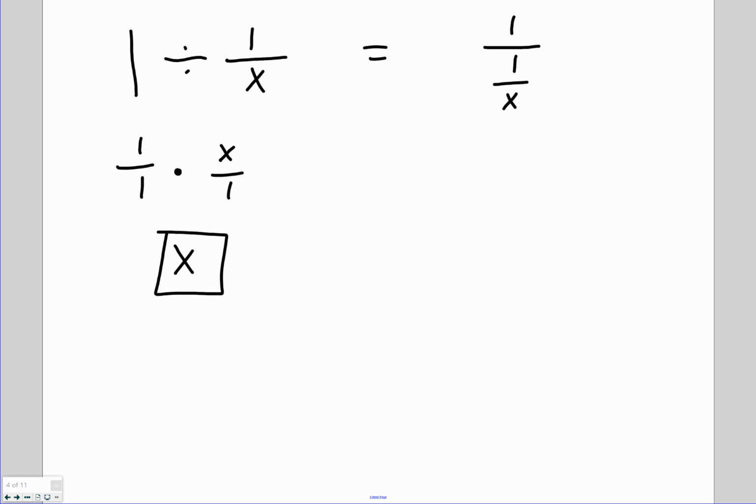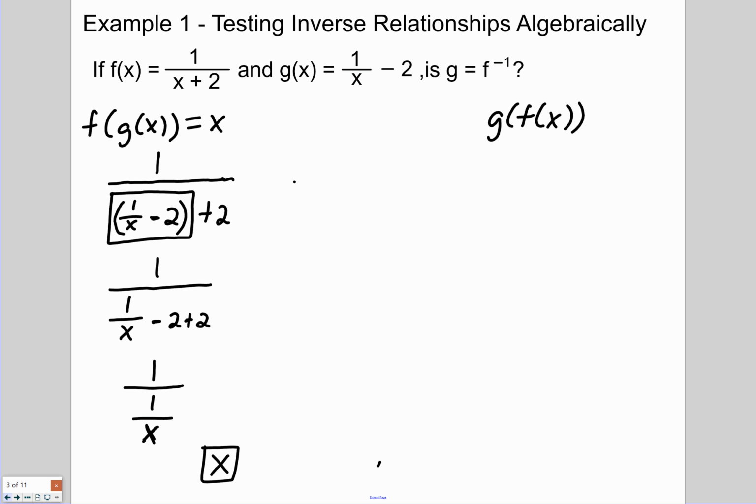Most teachers will teach you to do f of g of x, but if you want to get crazy and you did f of g of 2, then you should be getting 2. You want to see what we get? So what's g of 2? That's 1 over 2 minus 2. What's 1 over 2 minus 2? Negative